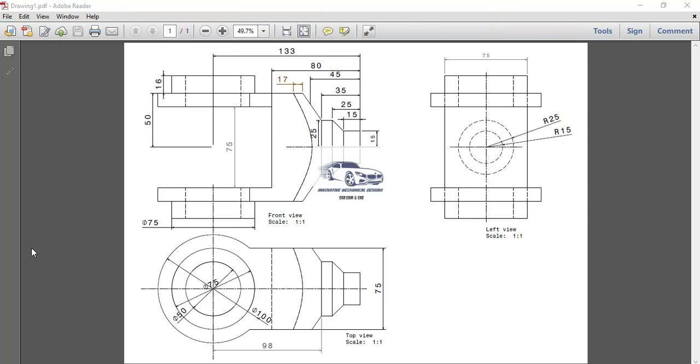Today we will discuss the modeling of the part given in the drawing by using CATIA V5 software. So let us begin. Now, seeing the drawing, first of all we will develop this outer section which has been mentioned as of diameter 100.